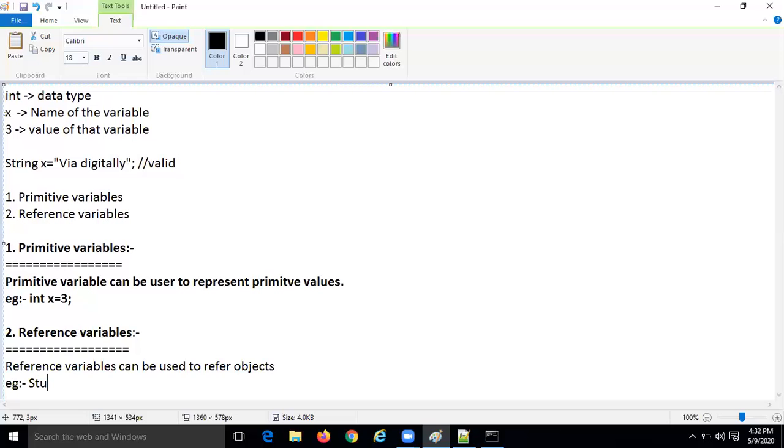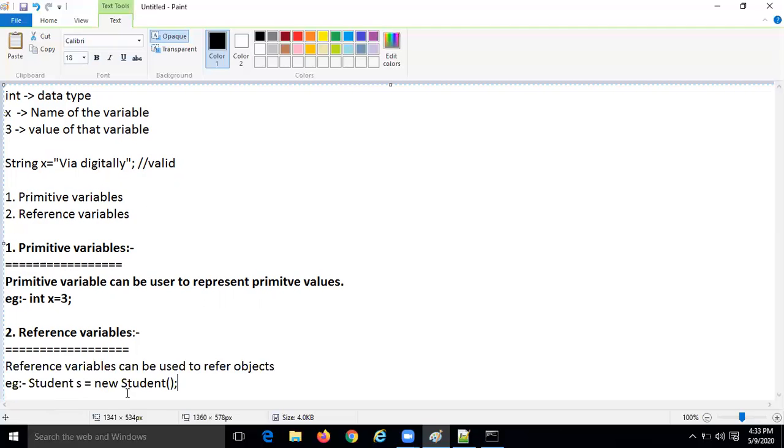For example, maybe Student is a class. Let's assume Student is a class. S equal to new Student. Here S is your object. Okay?